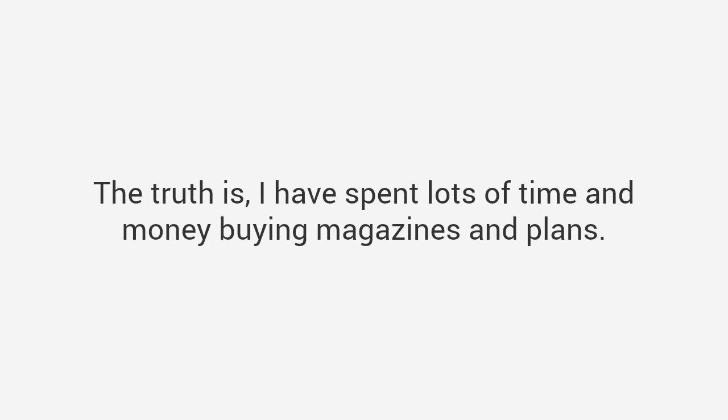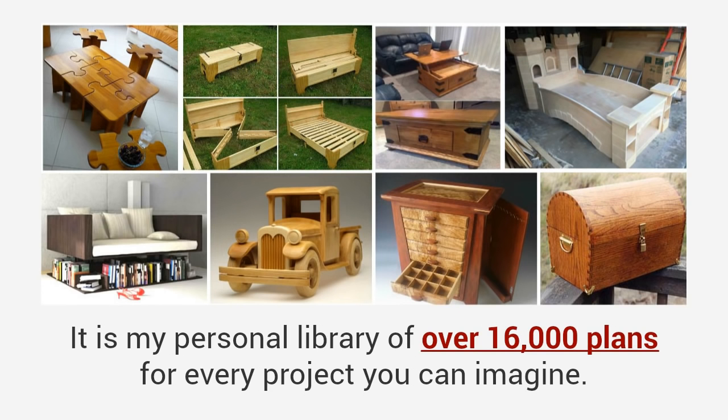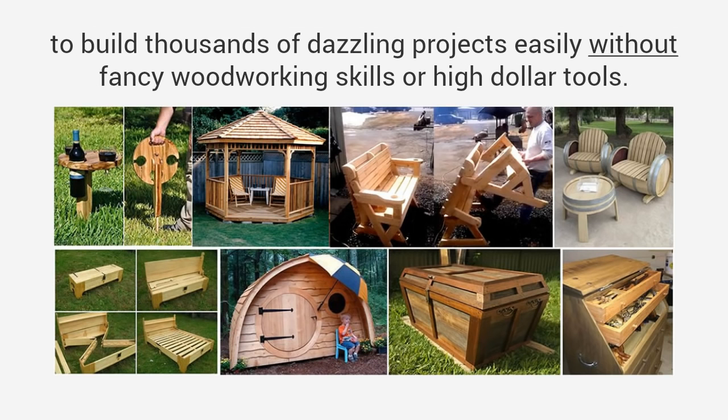The truth is, I have spent lots of time and money buying magazines and plans. Most of them just left me with more questions than answers. I decided to change all that. So to solve the problem, I've spent the last 20 years putting together a resource that is unlike anything you've ever seen before. It is my personal library of over 16,000 plans for every project you can imagine. There are thousands of projects in this package, years of work, all compiled into the single largest woodworking database in the world. Plans that have been used for years to build thousands of dazzling projects easily without fancy woodworking skills